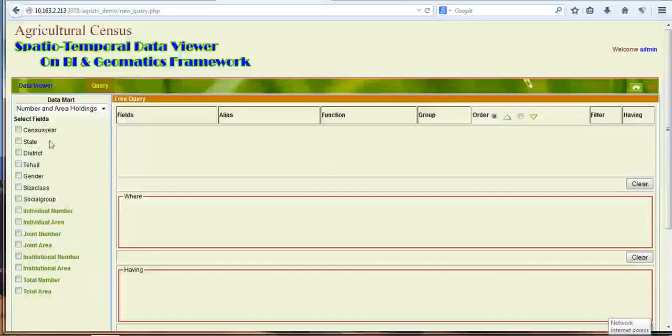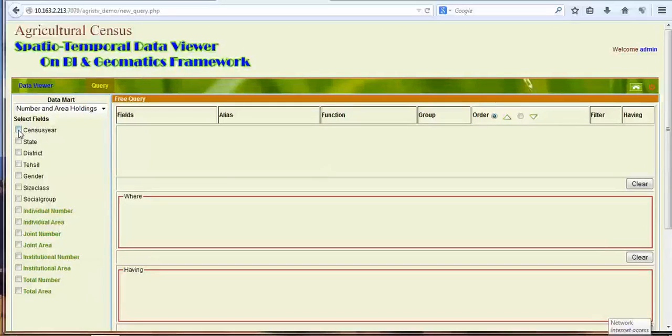So these are listed here, and all that is related to the T1. Now to implement our basic query, we have to select the fields which are required to implement our query. For instance, just to